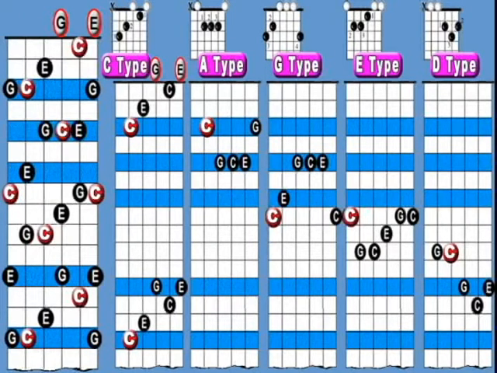Here, let's review the key of C. As I have said before, it is very important to relate any new bit of knowledge to something you are already comfortable with. Hopefully, at this point in the course, you should be comfortable with the key of C. So if you are going to practice the 5-position CAGED system in the key of C, refer to one of your diagrams, find all the C, E, and G notes on the neck of a guitar, and of course the C root notes, as I have indicated by those nice little red buttons,